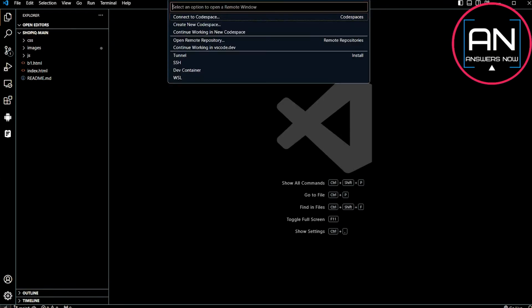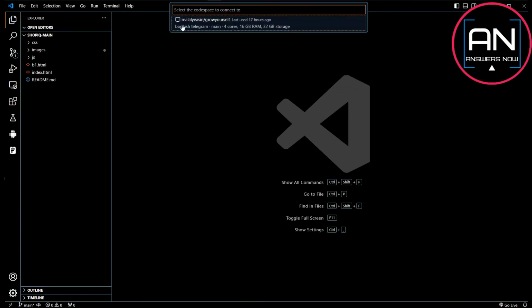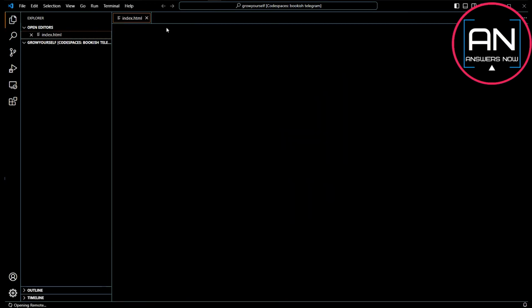Then tap on this first one and tap on this install. Make sure that it is installed and it is enabled. Then go to the folder, project folder, and you have to connect to Codespaces right here. So when you connect to Codespaces, then it will trigger a repository where you want to push